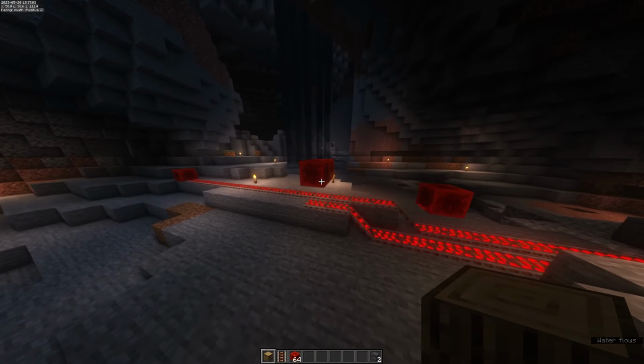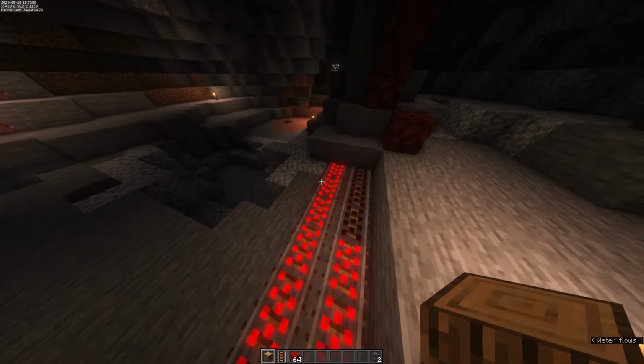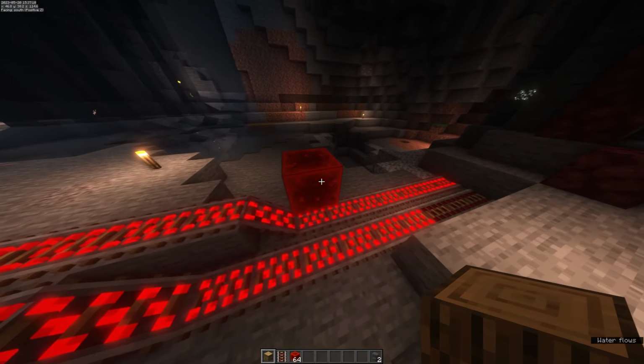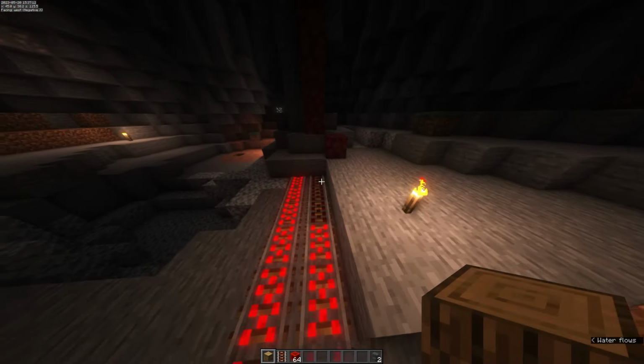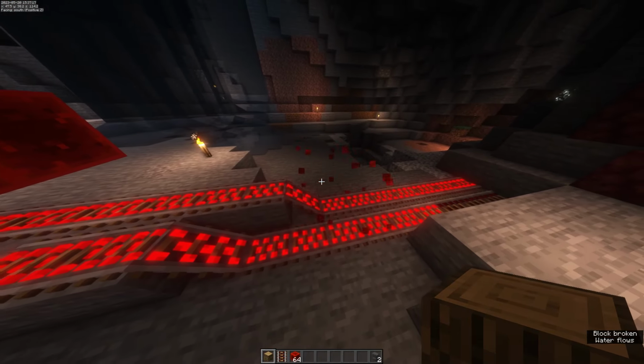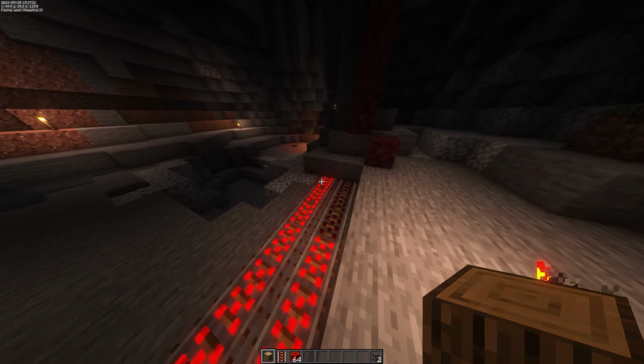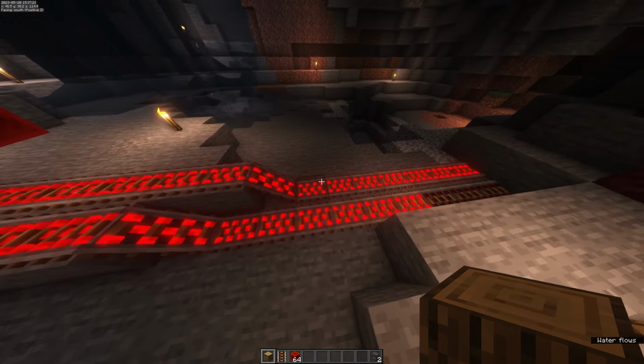So let's get into the details here. How do we pull this off? If we look at this rail line, these last 3 rails are powered because of this redstone block, and if I remove it, it should become like this rail line, where it's not powered at the end here. But that's not what happens, because rails, like other redstone components, need to be reminded that they need to turn off. And since the rail